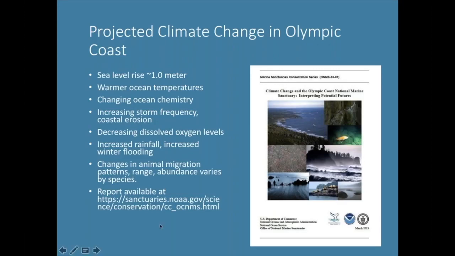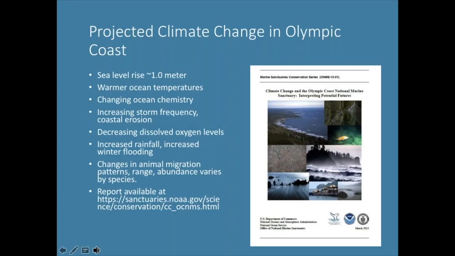And I'm not going to go through all these, but these are the physical processes that we believe are at play right now and will be for the next 50 to 100 years. This report is available on the website if you want to take a look at it, but it really helped inform our work. And as it turned out, we were able to also have the author of this report participate on our rapid vulnerability assessment team. So it included representatives from Washington Sea Grant, Olympic National Park, Washington State Department of Natural Resources, and the sanctuary staff. So we were all able to go up to Victoria and participate in this.